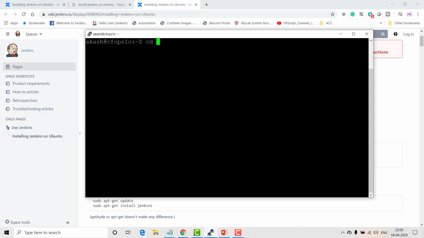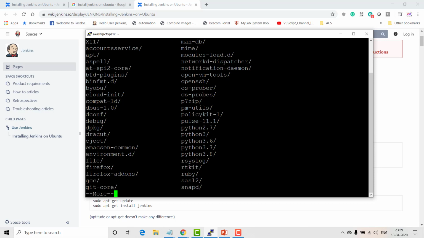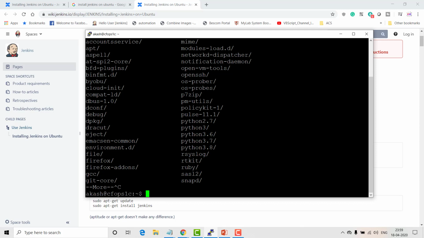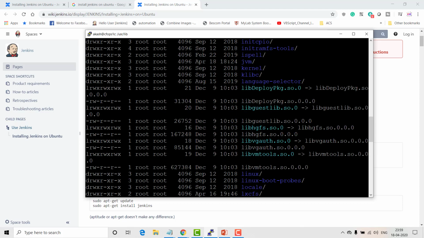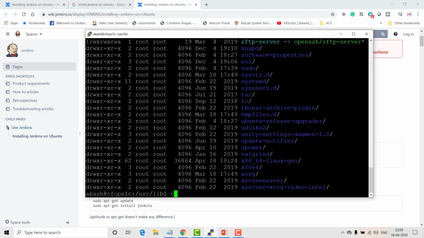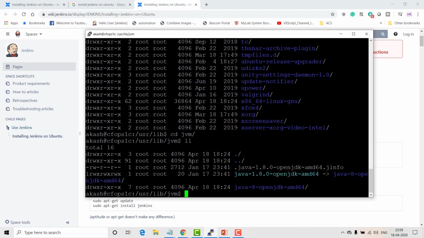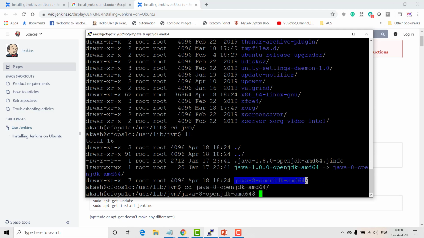By default, if you go to cd /usr/lib, you can see there should be something called JVM. Go inside JVM, and inside that you have your Java, the one we just installed, and inside that we have the bin folder.